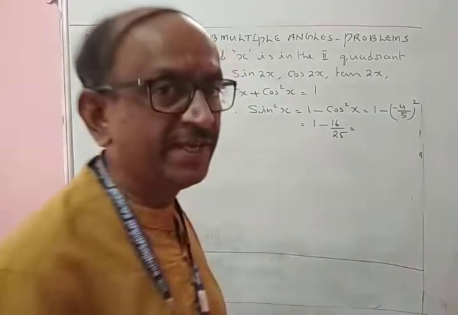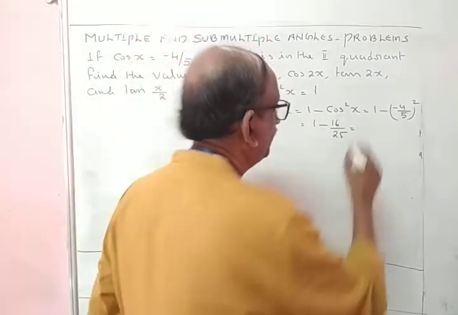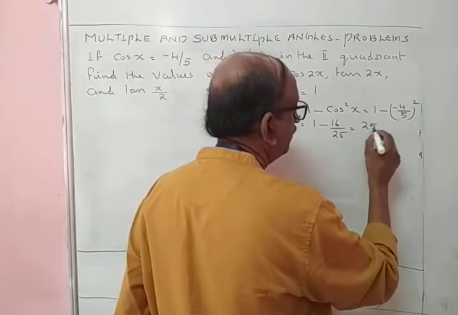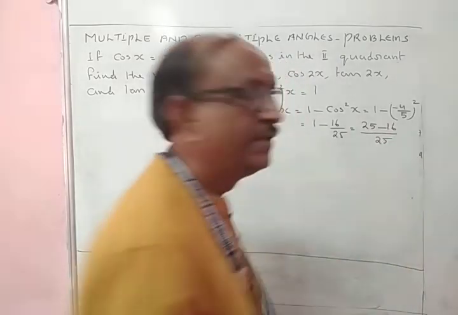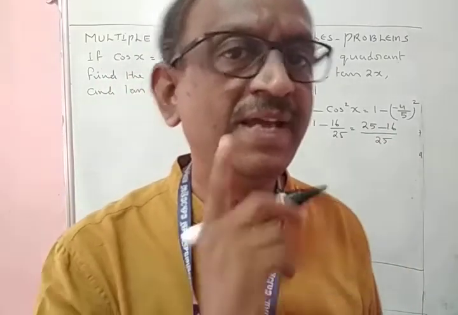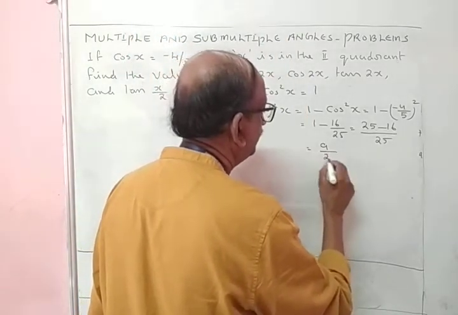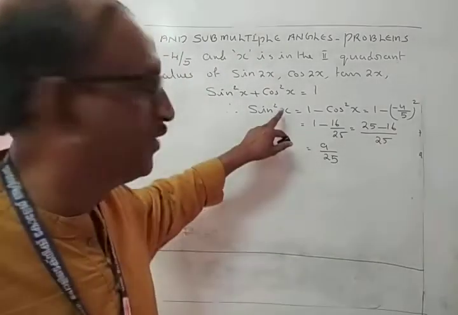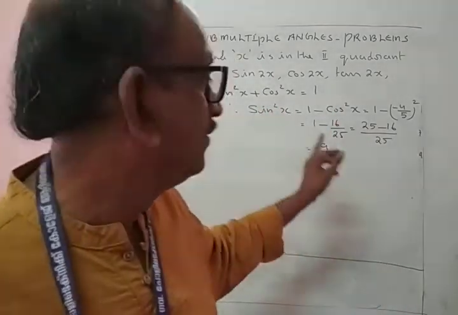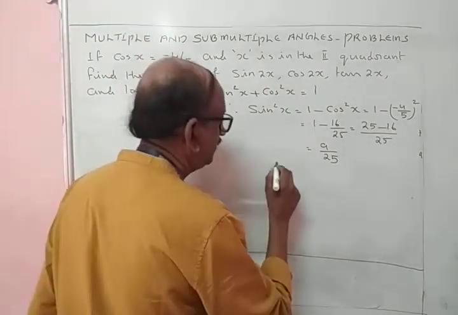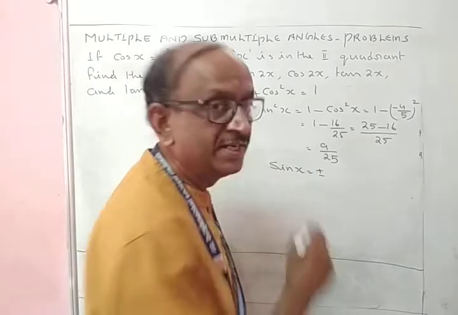Next, simplification, cross multiplication technique. 1 into 25, 25 minus 16 by 25. 25 minus 16 is 9. 9 by 25. This is sin squared x. Therefore, sin x is the square root of this equation. Sin x is equal to plus or minus square root of